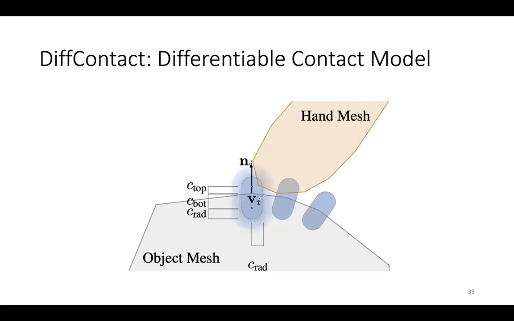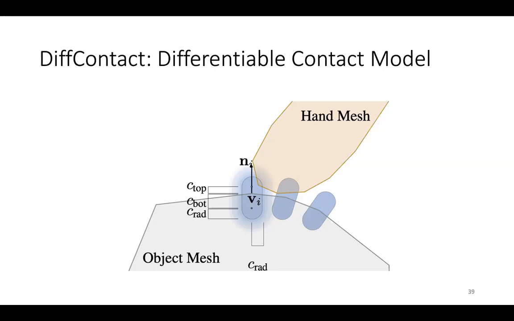And the next part is a differentiable contact model. It is important for this contact model to be differentiable so that we can actually use it as a part of the iterative algorithm to optimize the hand parameters. But at the same time, we know that there are lots of modeling errors. First of all, the hand actually has a lot of soft tissue which deforms, but our hand mesh is a rigid mesh, and there might be lots of small millimetric errors in terms of modeling the object or modeling the interaction between the hand and the object.